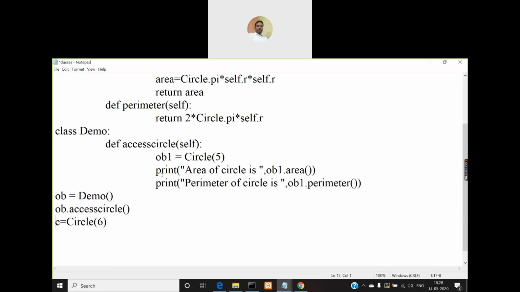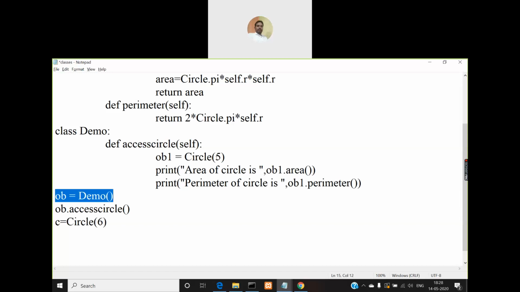But if you are creating an object for one class inside another class, that other class's methods must be called from outside the class. So at least for that class you need to create an object. That is what we are doing here, because inside the demo class access circle method, you are creating an object for circle.